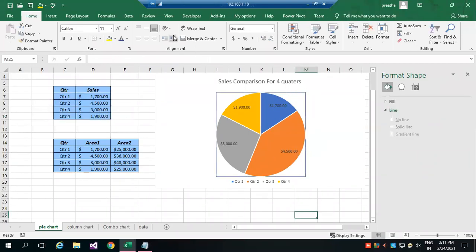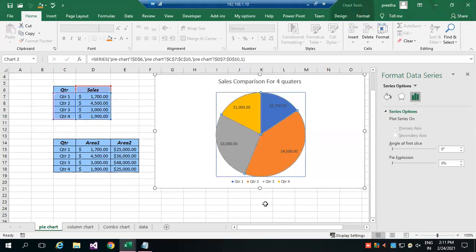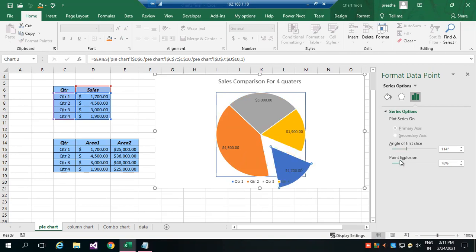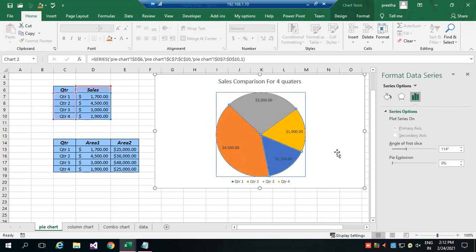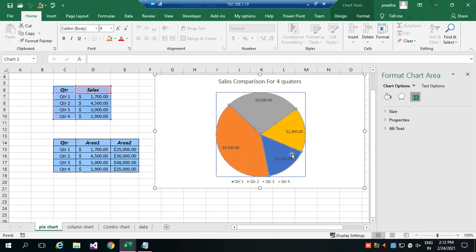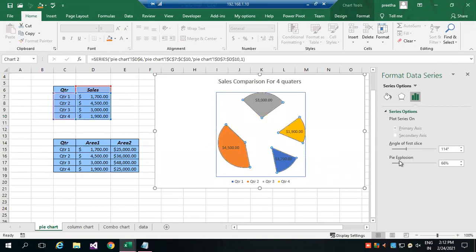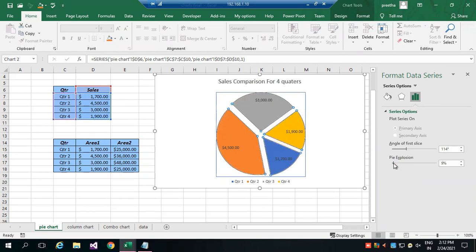And here, apart from this, for example, I wanted to show we are getting less sales in the first quarter. This I want to highlight. So I'll change the angle of this first of all. Second, I'll change the position. So I will show here what's happening with our first quarter. This I can divide and show. Okay. So everything you can do during the comparison time.